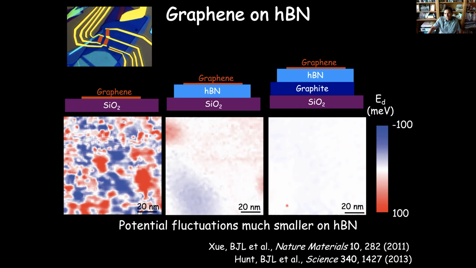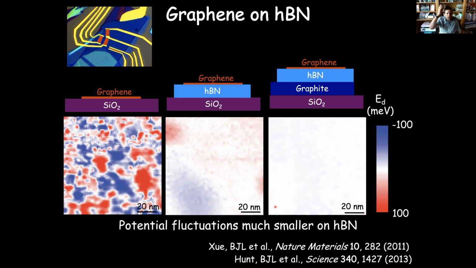And so these are the types of structures that we want to use now to probe interesting physics occurring here in the graphene. So we've got structures where we get rid of the disorder from the substrate, and now we can start looking at what happens to this graphene on different materials, in this case, graphene on hexagonal boron nitride. These are fairly large scale images, something like maybe 80 nanometers across.